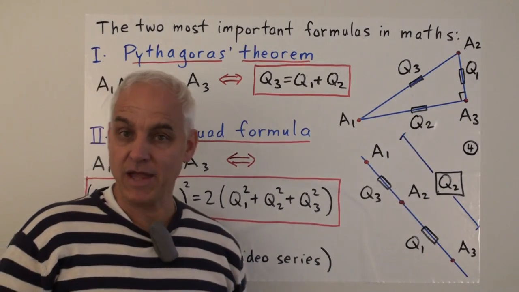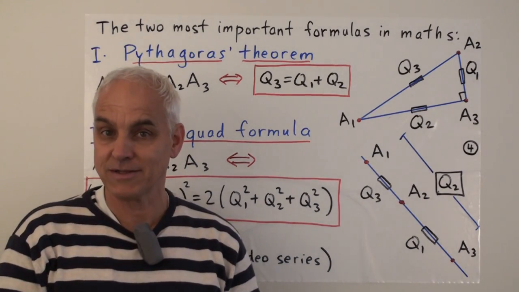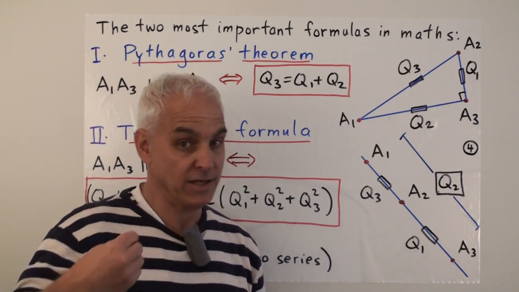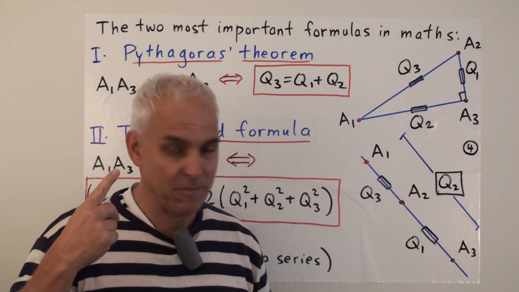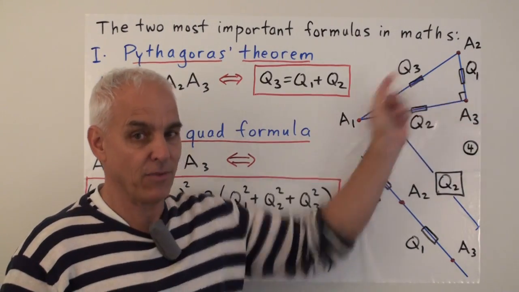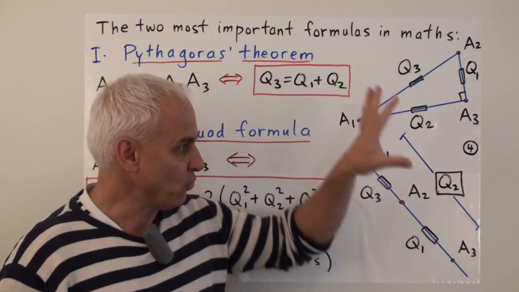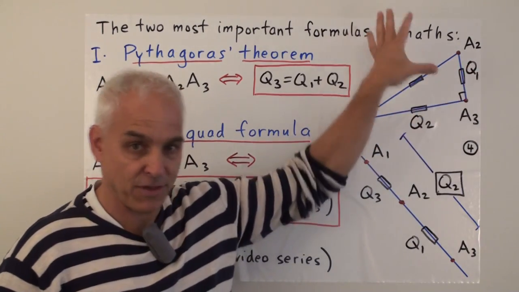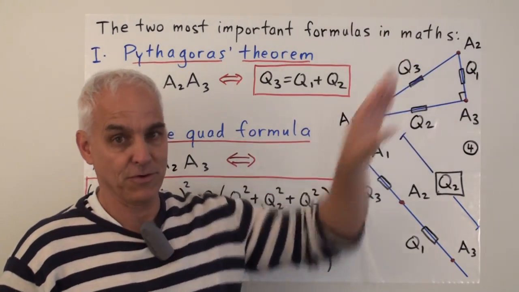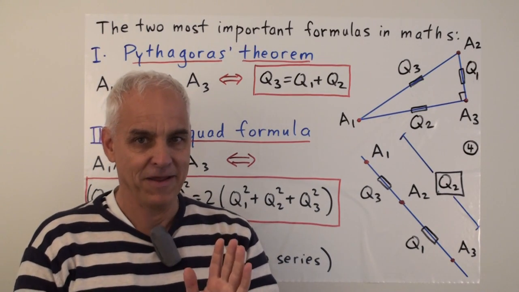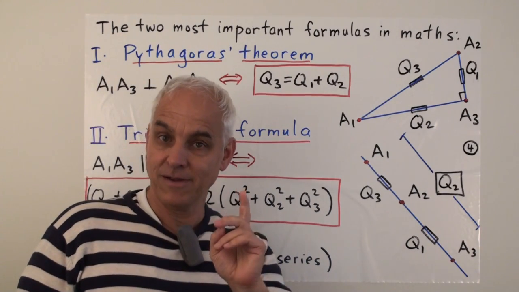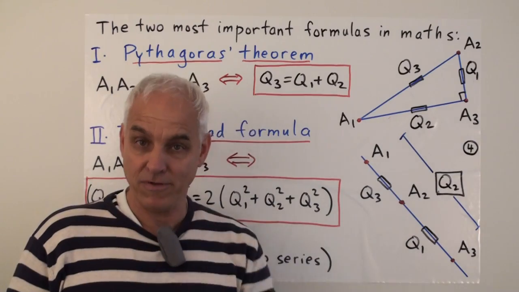The square root formulation that many of you will have been exposed to in your texts is an aberration. It's a distortion of the essential content of Pythagoras' theorem. Very important to understand this. Okay? It's not one distance squared plus another distance squared equals a third distance squared. No, no. It's one squared area plus another squared area equals a third squared area. Or, in other words, one quadrance plus another quadrance equals a third quadrance. Very, very fundamental understanding to have. And the 21st century is not too late to adopt this higher point of view.